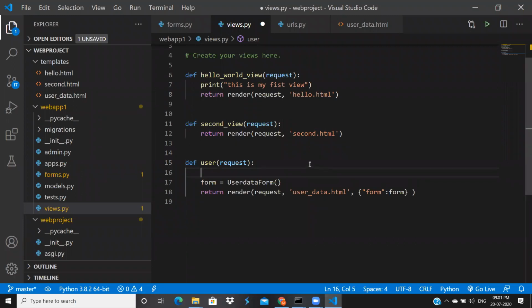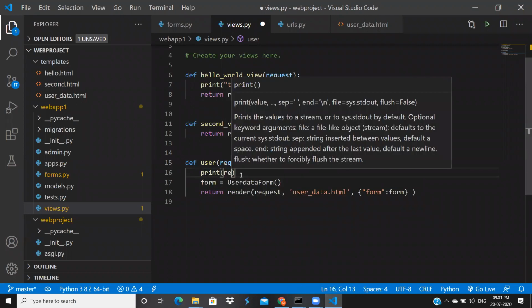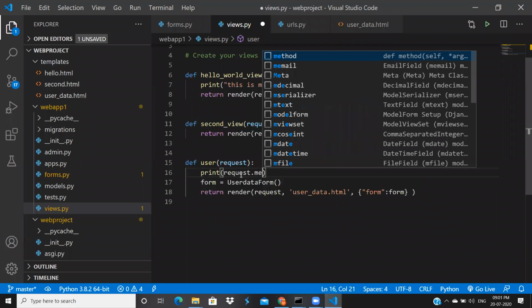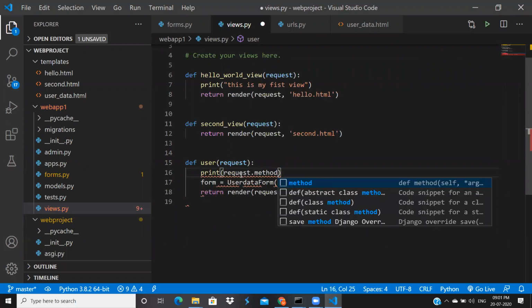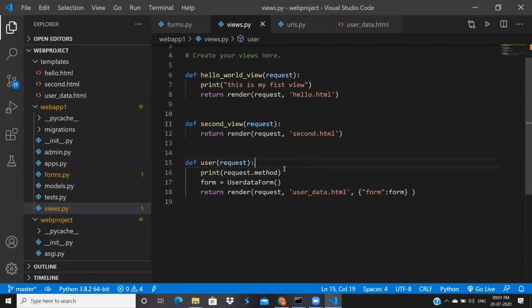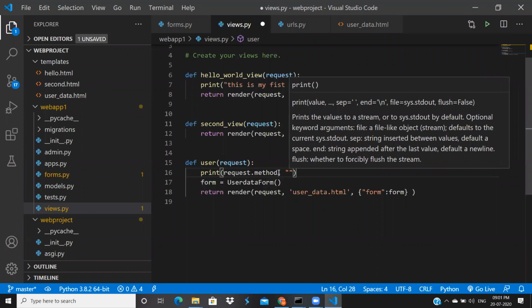So inside this request object, we have one thing, request dot method. I'm printing this just to verify what's happening here.